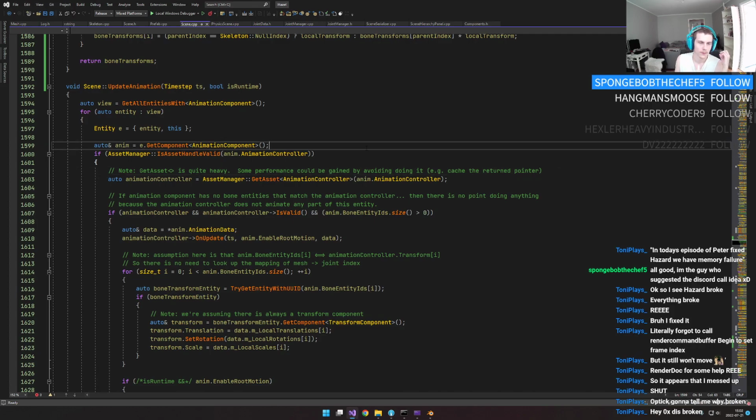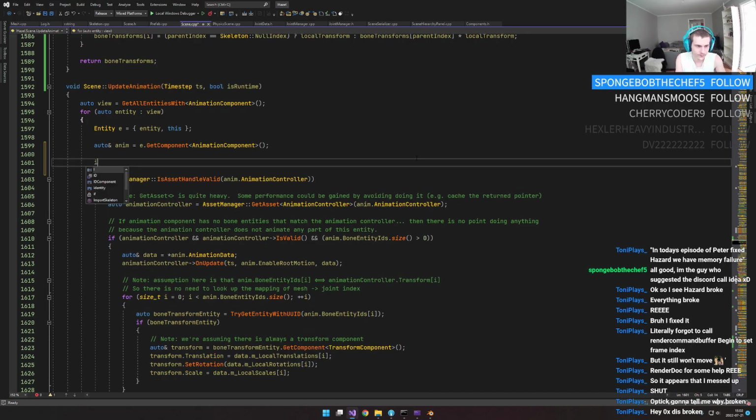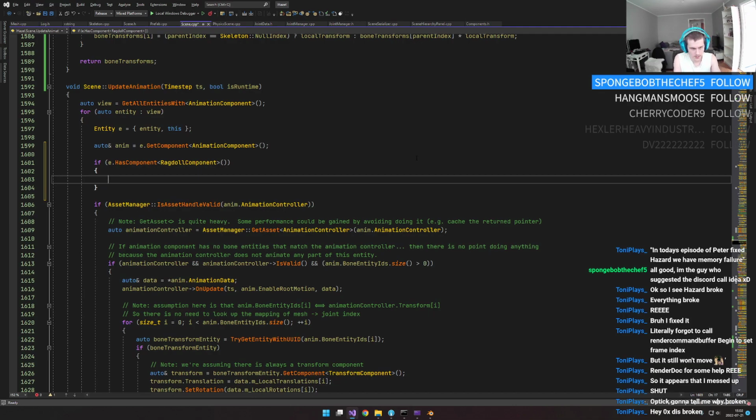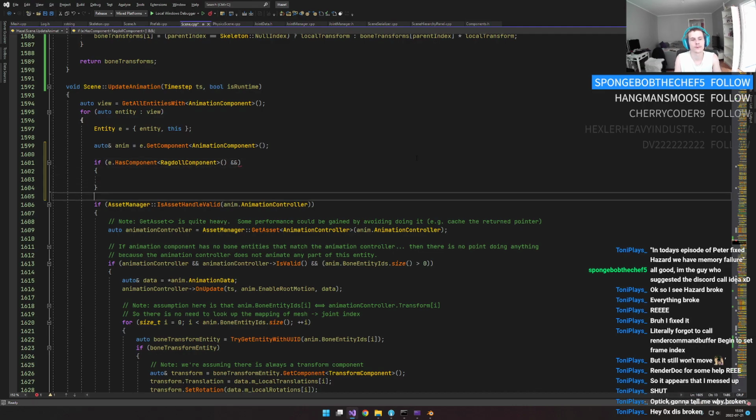Okay. Because we do this, and okay. If it has a valid animation, I mean, it technically doesn't matter in this case. We could say if e.has components, Ragdoll component, right? And that component doesn't have